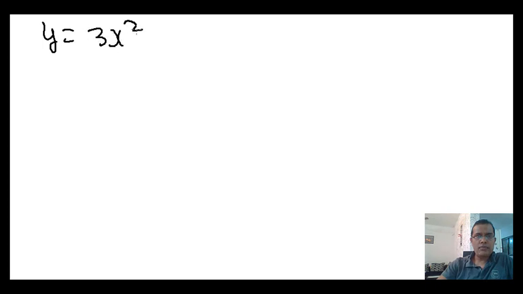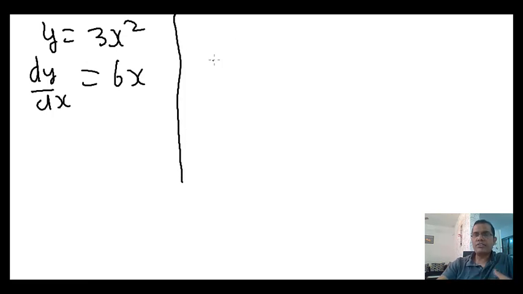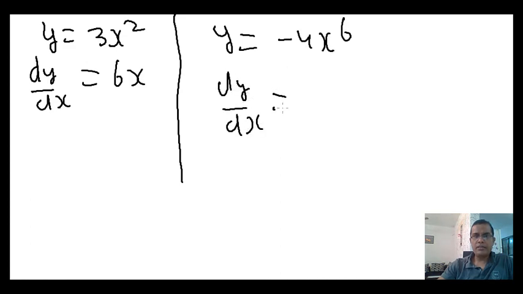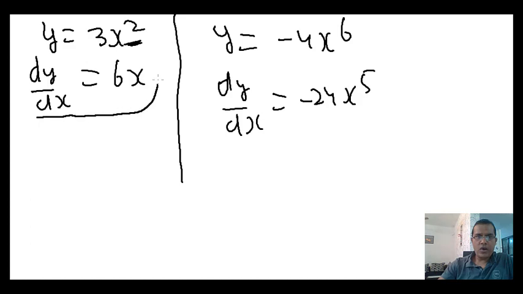And if you take power 4 or power 6 or power 8 or some other power, then what will happen? If your function is, let's say, y equals minus 4x power 6, then dy by dx would have been minus 24x power 5. This function is similar to your MSE function because we are just taking a square. If you are taking the square, after taking a derivative you get a kind of line, so you know in which direction to move. So over here, you will not have a problem of local and global minima.